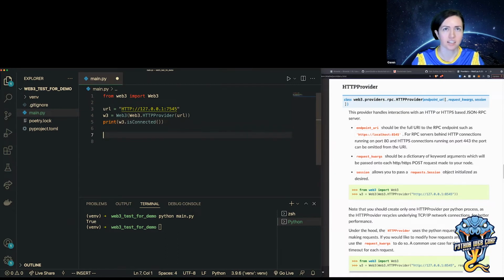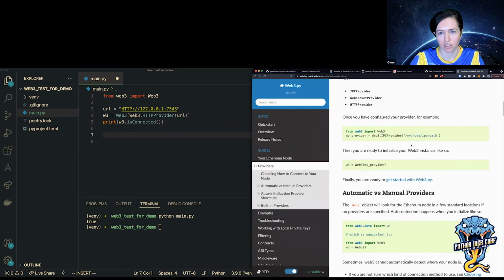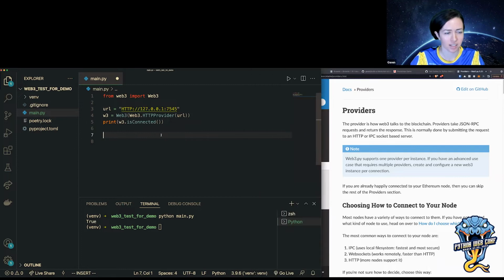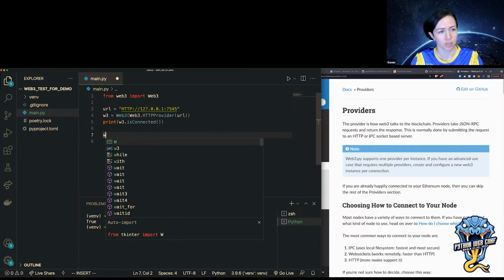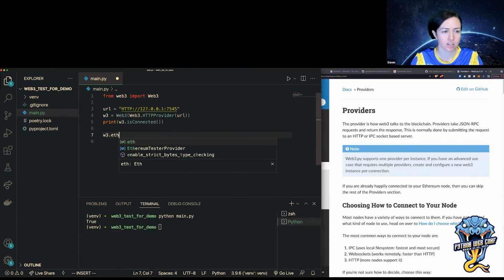And now I can basically send transactions. So I'm going to just show it send transactions, and then I'm going to actually interact with contracts and deploy contracts. Okay, so because I'm using a local blockchain, I automatically have access to my accounts.